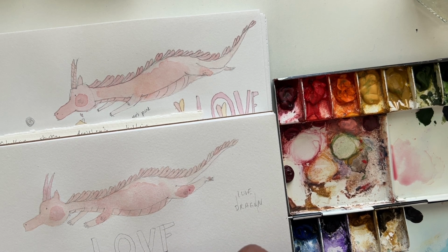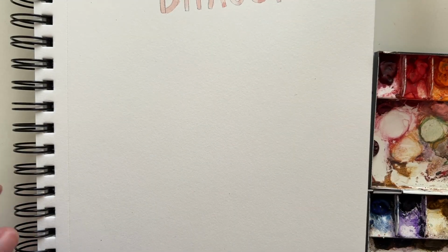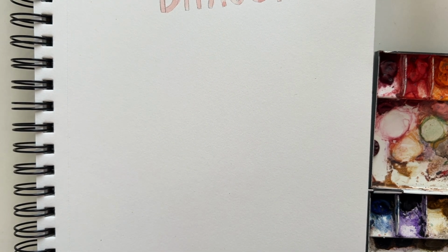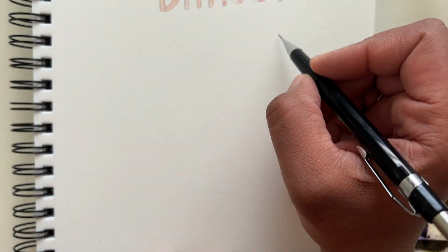Hey, future E here, coming from the future. So I'm trying to show you how to do the love dragon in block lettering because it didn't really show up. So here we go. When I did it, I said